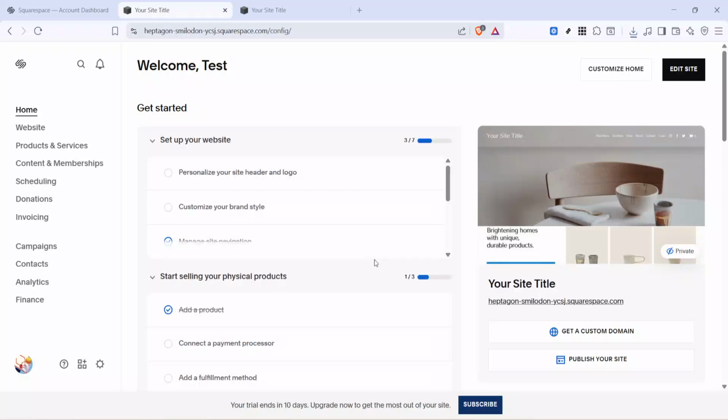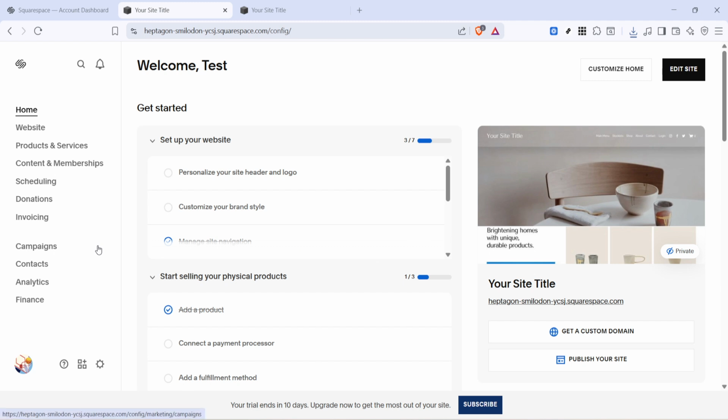In today's video, I'm going to teach you how to customize the Add to Cart button in Squarespace. We're going to walk through the built-in settings that let you change how the cart experience appears and also adjust the cart icon styling on your site. This is a simple way to make your store feel more polished and better aligned with your brand without adding